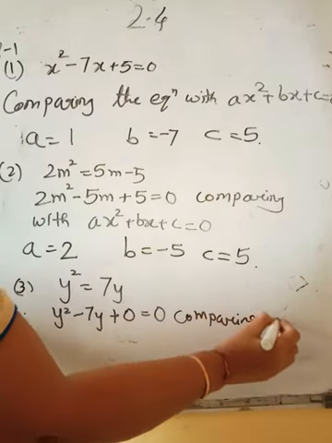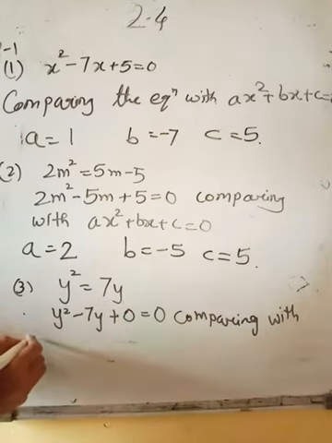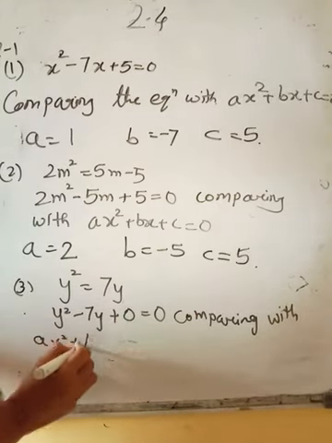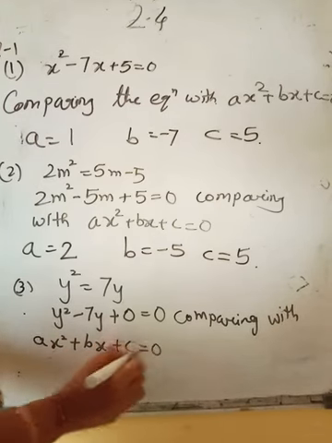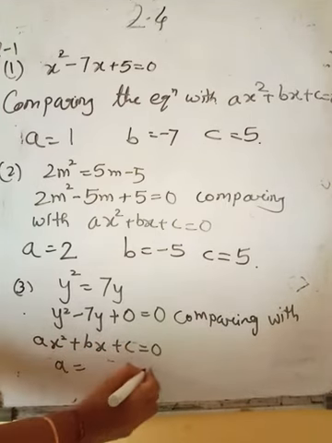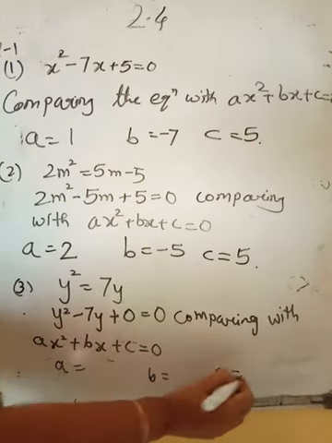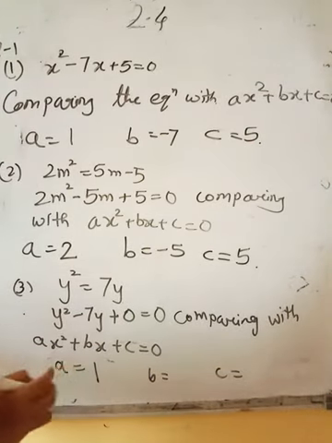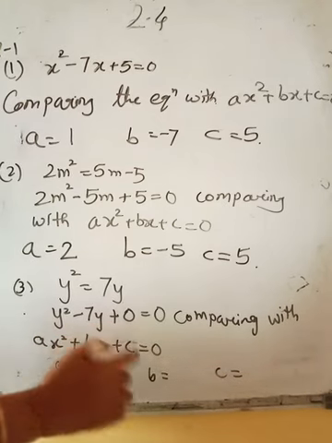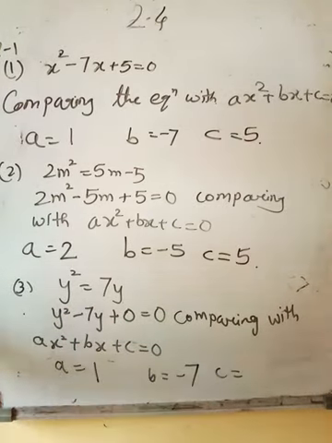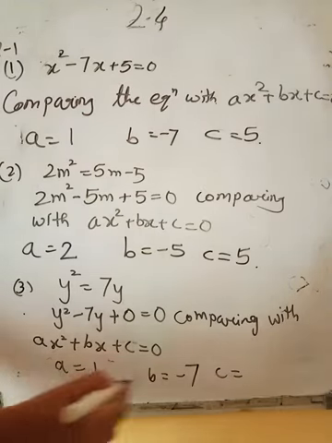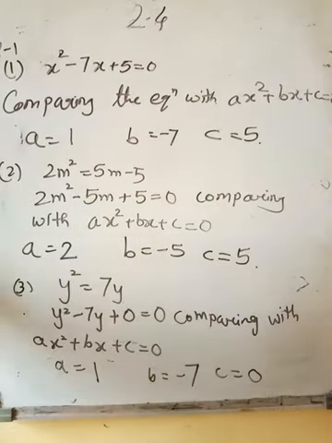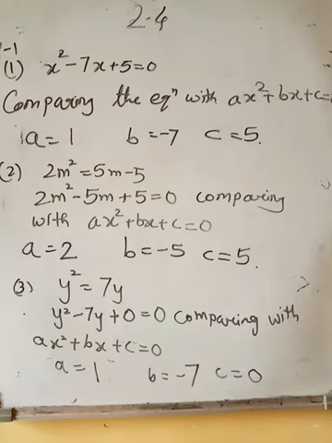So comparing with ax square plus bx plus c equal to 0, what you will have? A equal to, b equal to, 1 and c equal to, yes, a is 1, very good. B, minus 7 correct. And the challenging thing is c, 0. Correct. C is 0, constant term is not there, so you can write down as 0. So that is over. First question over.